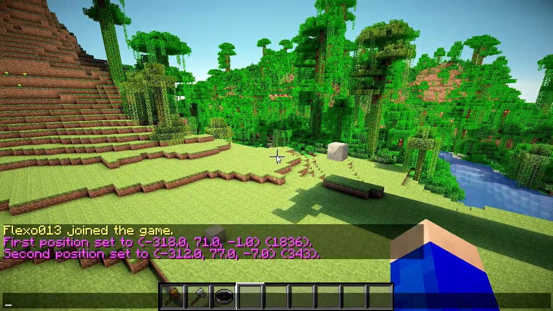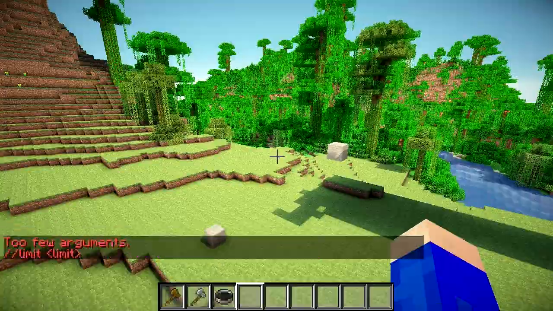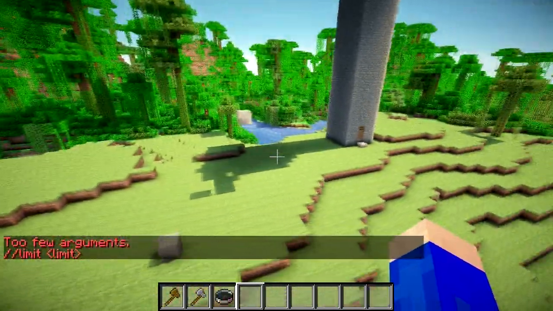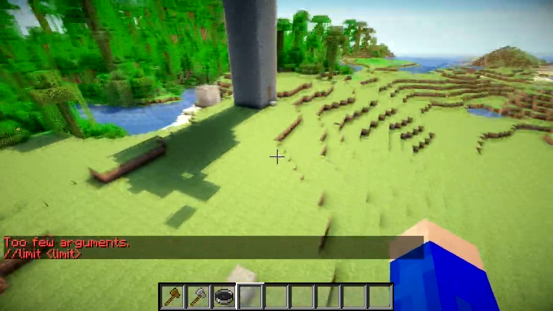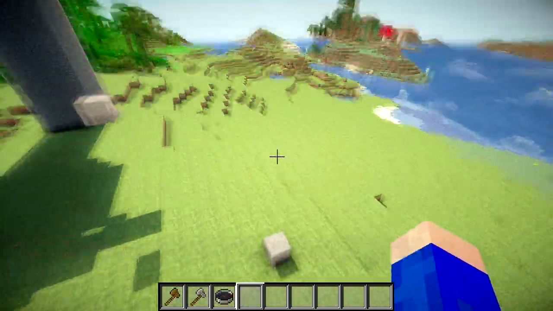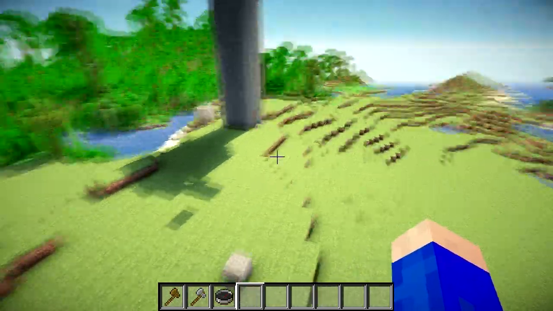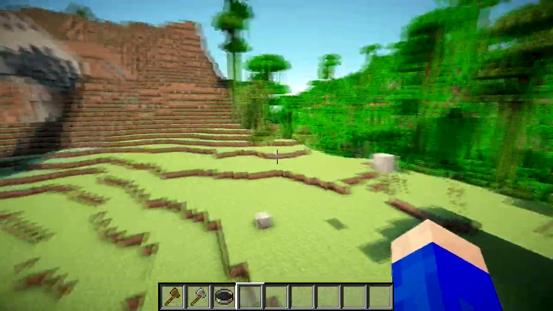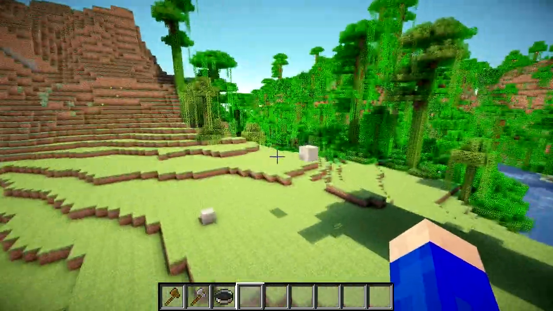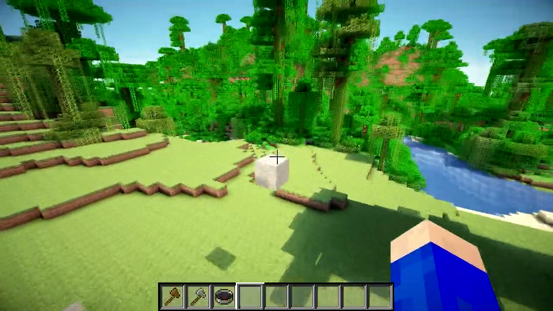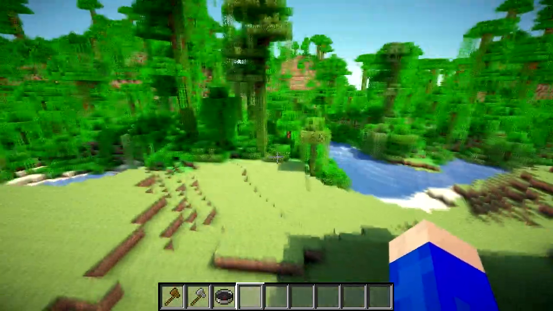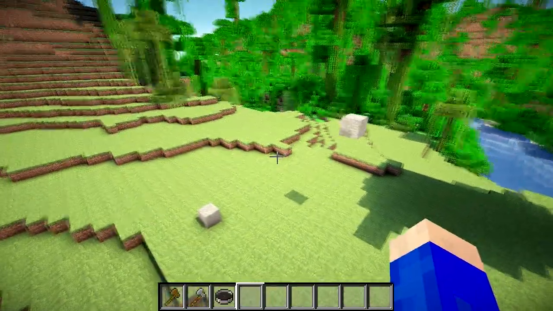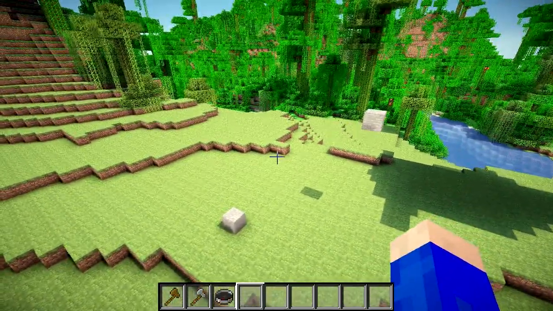So the first one is //limit. //limit makes you able to pretty much protect yourself from doing too big world edits. So let's say you accidentally do a world edit that would change 22 million blocks. Most of the servers will crash as soon as you hit that command. If you do //limit and then 1 million, then you will never be able to edit more blocks than 1